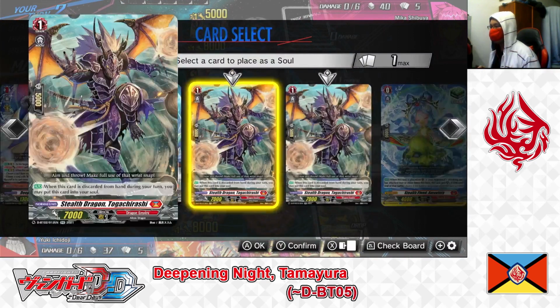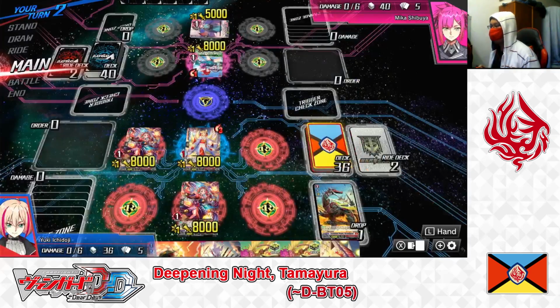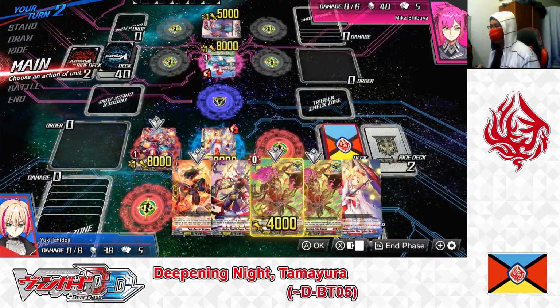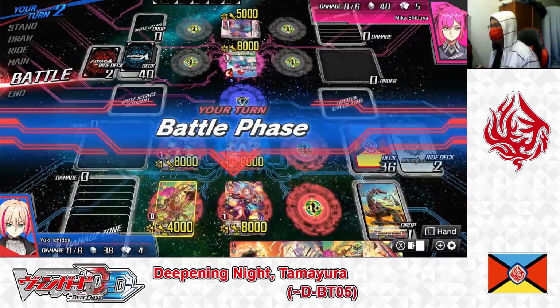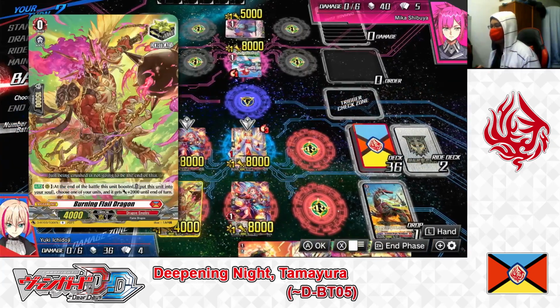Okay, then. Okay, I think I'm gonna put Togashirashi into my soul. Next, I call Burning Flow Dragon to the rear guard. Call. That should be enough. Go into battle phase. First up, boosted by the Burning Flow Dragon,